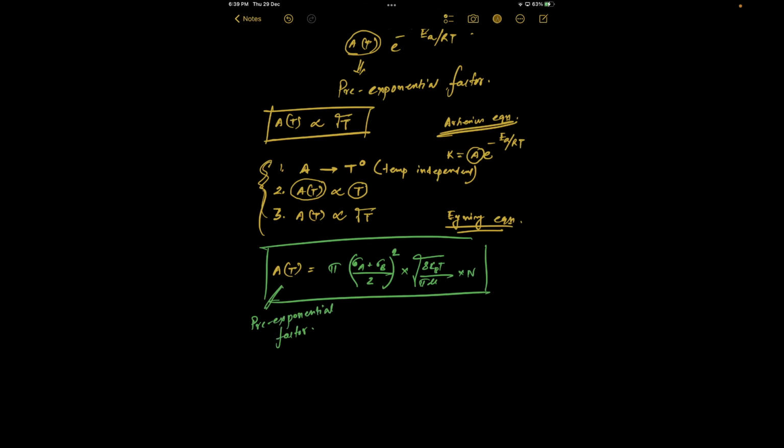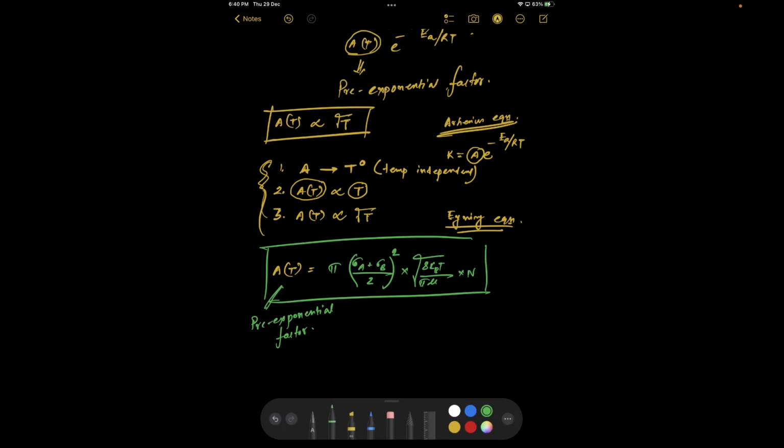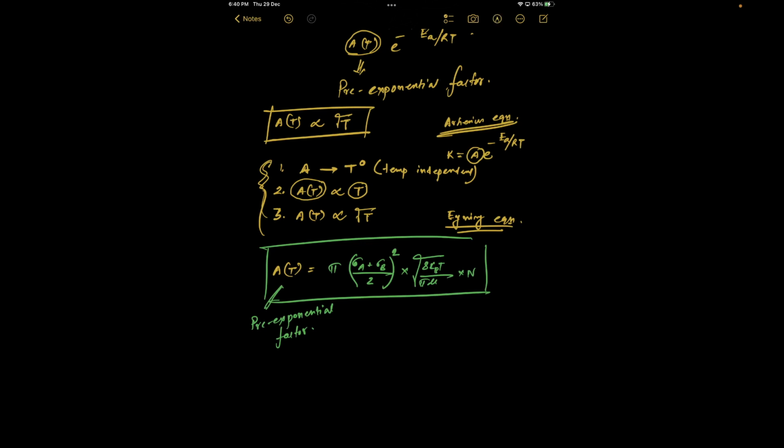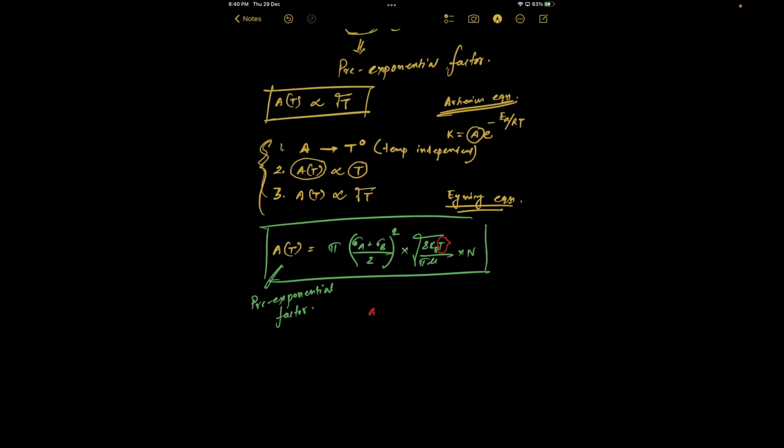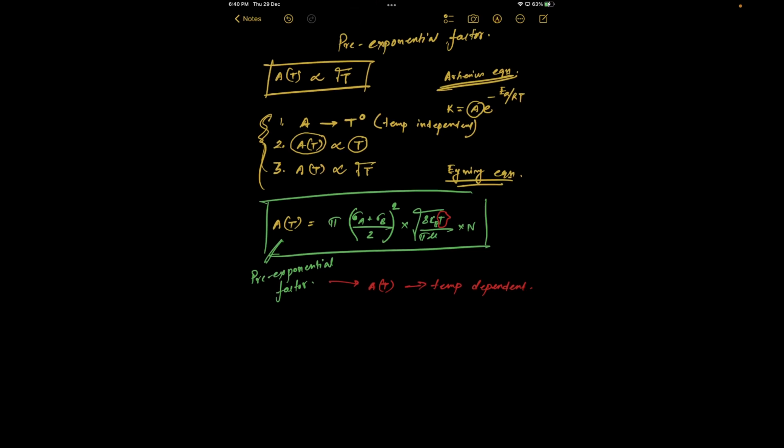Now let's look carefully. This pre-exponential factor has a temperature dependent term. So we know for sure that in collision theory also the pre-exponential factor is temperature dependent, right? Now how does it depend upon temperature? The temperature is under the root, right? So that's why we are saying that the pre-exponential factor is proportional to root T. Okay,